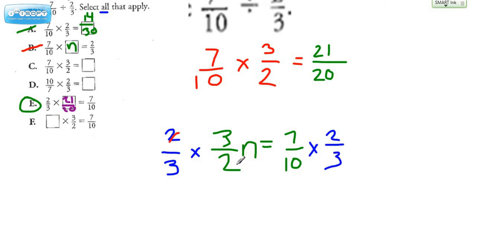Now, this all cancels out. This equals n, and we need to see if this is going to give us the magic number, which is right here. If we do this times this, we get 14. And if we do this times this, we get 30. We might even consider simplifying before. And if we simplify before, reduce by 2, we can either reduce before or reduce after. 7 times